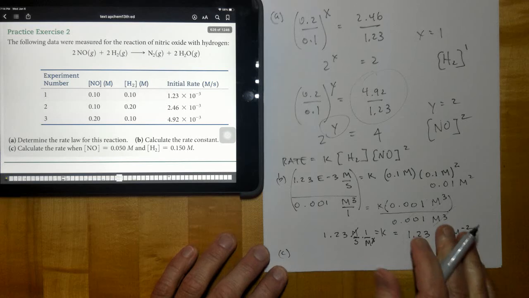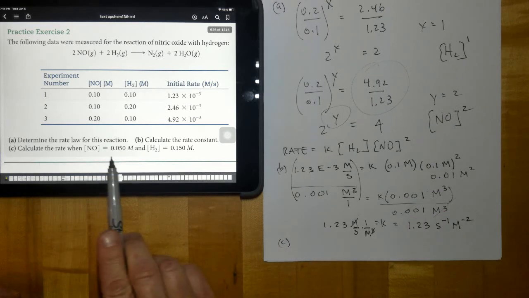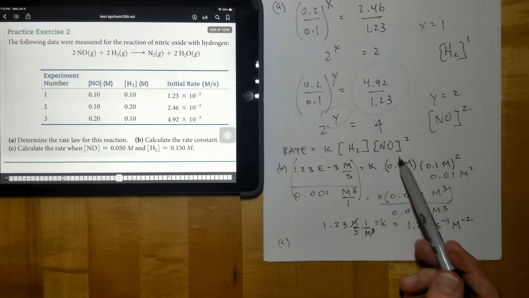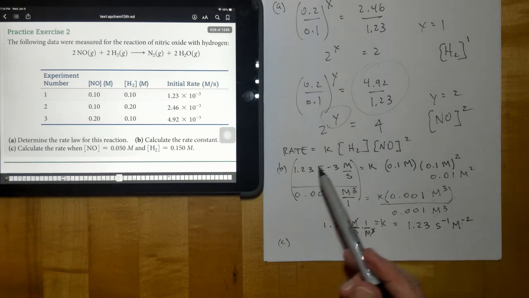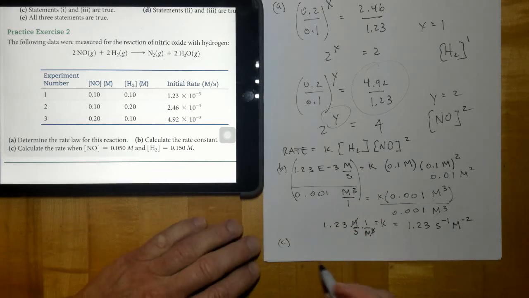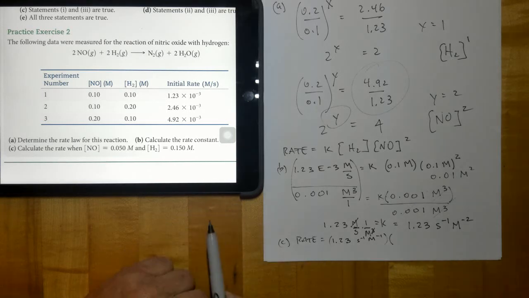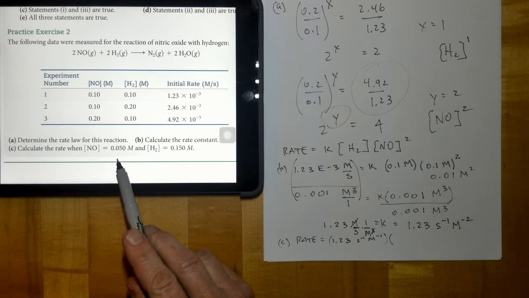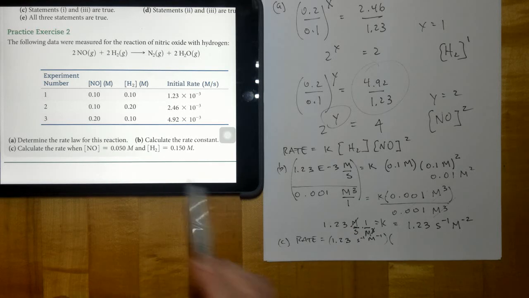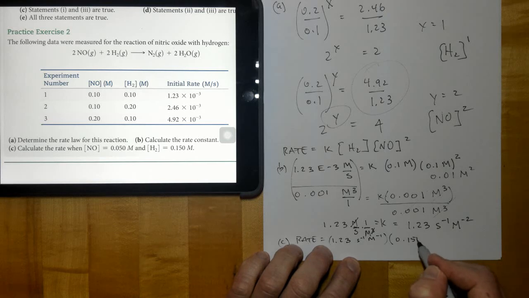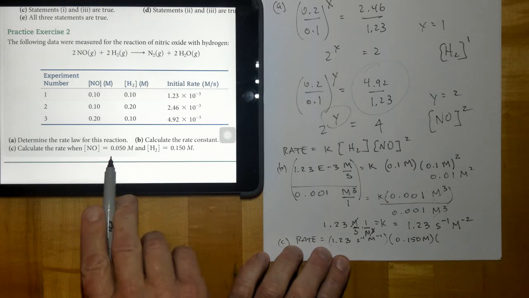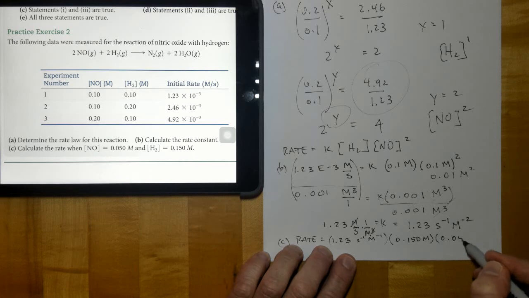All right, and then letter C, the very last one right here, is to calculate the rate when. Now that we know the entire rate expression and we know the rate constant, we can just plug this data into the rate equation. So rate is equal to 1.23, and then that's seconds negative 1, molarity negative 2, times our concentrations of hydrogen to the first power, so 0.150 molar, times nitric oxide right here, 0.050 molar, and that would be to the second power right here,